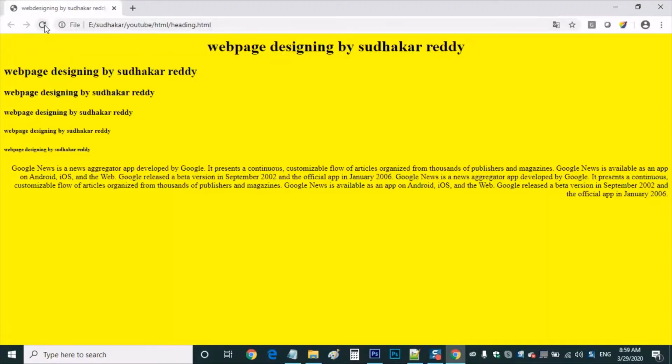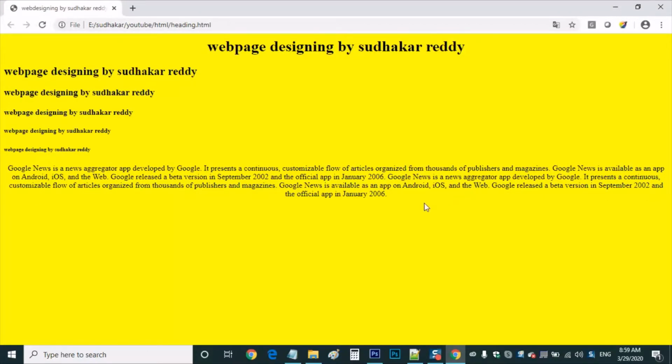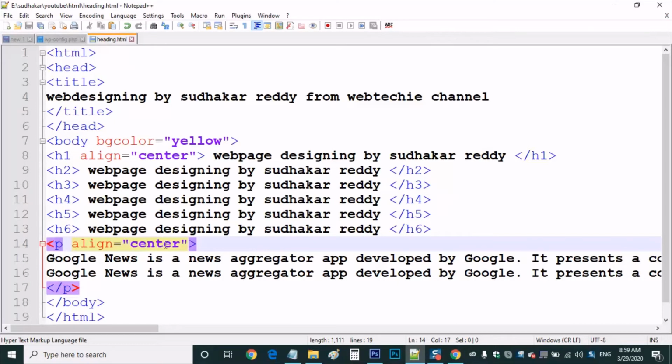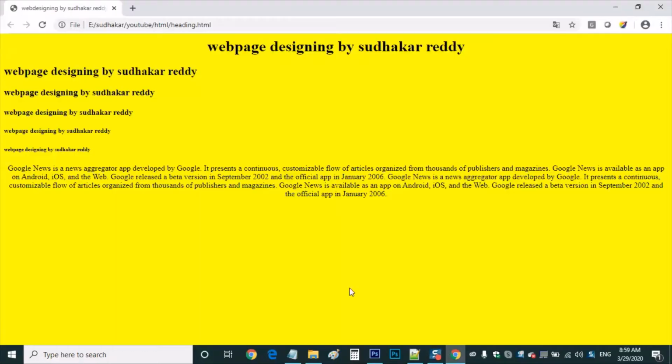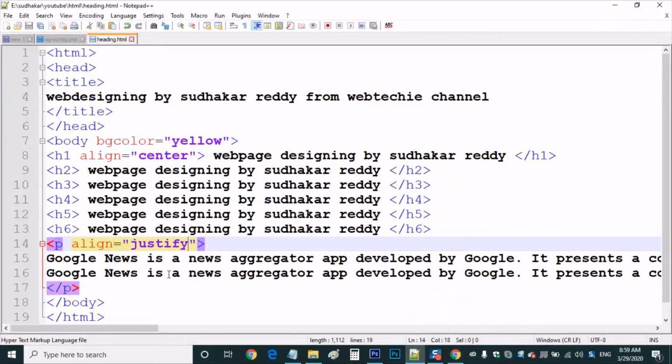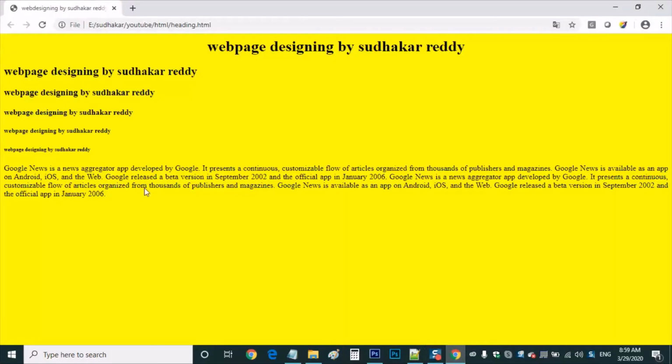It will be centrally aligned. But I want to use justify. For a paragraph we can use justify, justification. It will justify both sides, left side as well as right side. See, left side it is aligned properly and right side also, if you can see this page. So this is how headings and paragraphs can be placed in our web pages. Now you can see our web page contains headings and a paragraph.